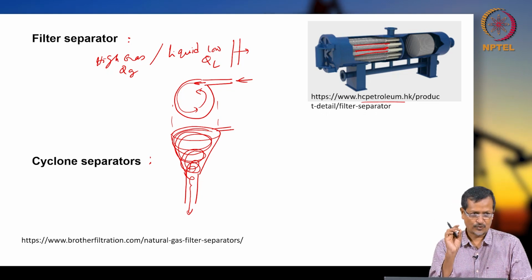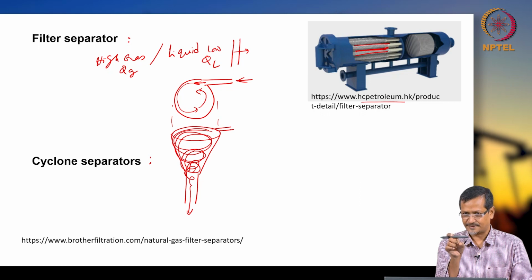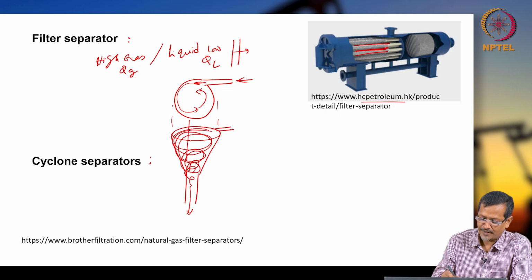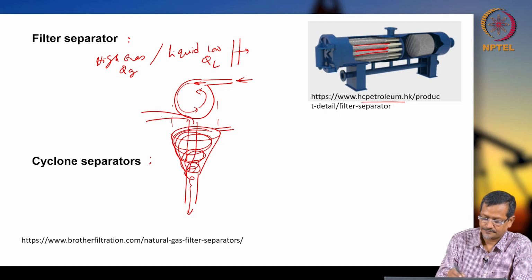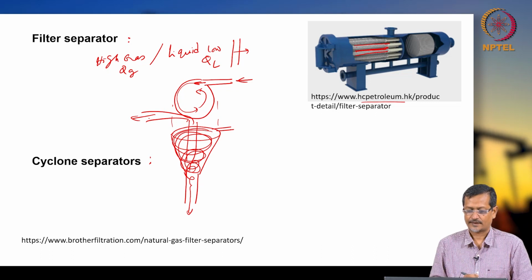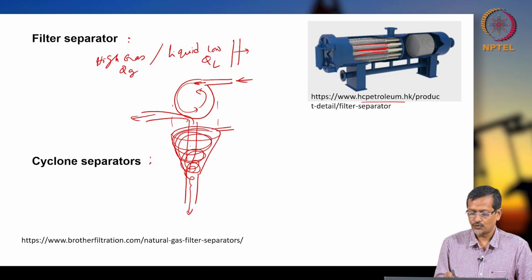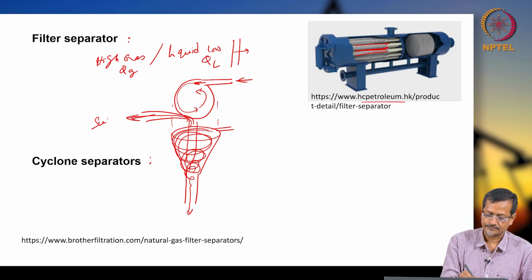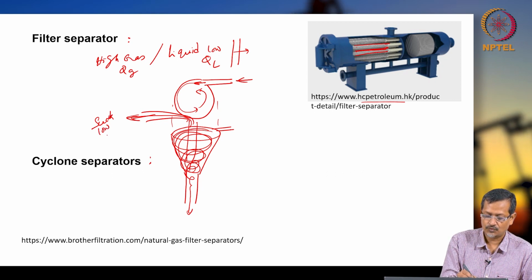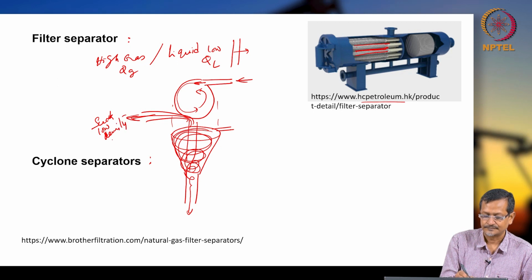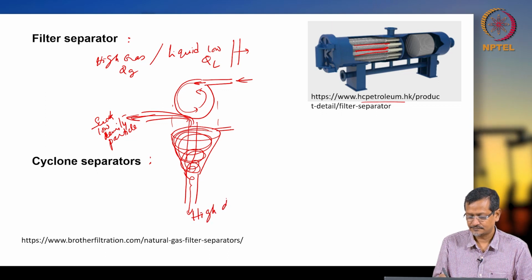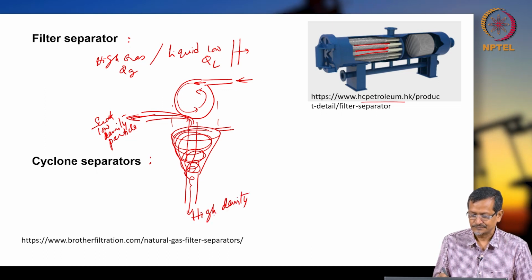Then your low density particles will be collected at the center. Okay, so low density particles will be rotating at the center. Now you put another pipe and you suck it. Okay, so low density particles rotate in the center, and low density particles are sucked from here. Suck the low density particles. Okay, and the high density particles, high density means maybe sand,